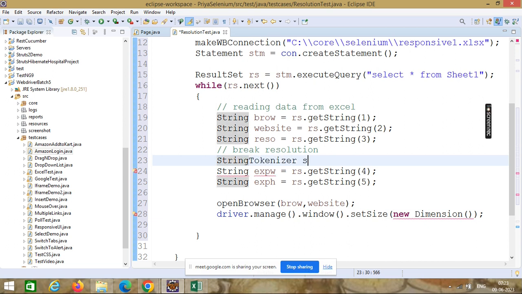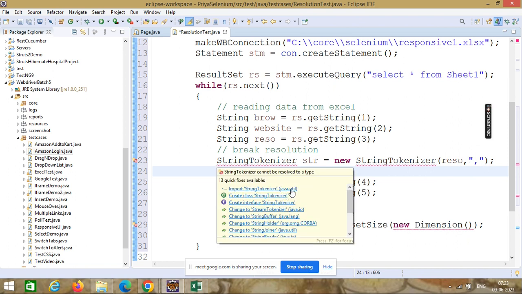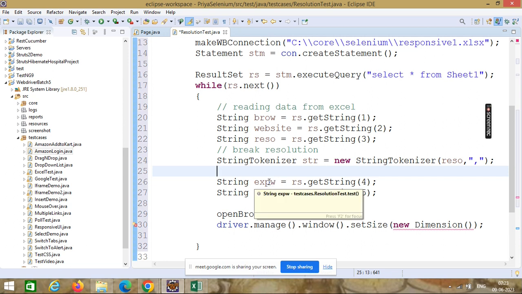So I will write StringTokenizer str is equals to new StringTokenizer, the string which I want to break using comma identifier. Import the util. Now int, this is resolution width is equals to